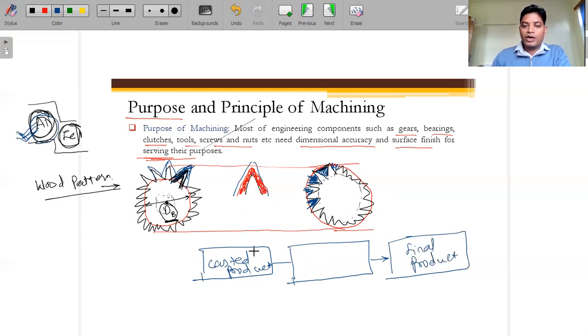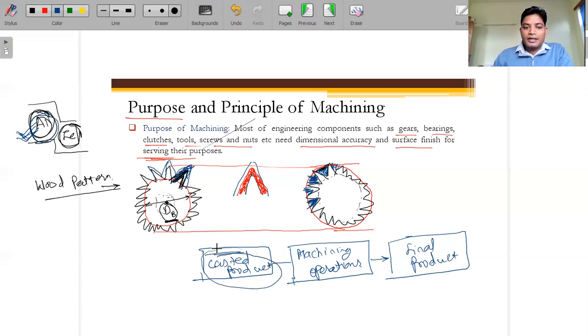From the casted product we are getting the final product, so here we are applying the machining operations. There are different types of machining operations available, through which we can produce the final product from the casted product.